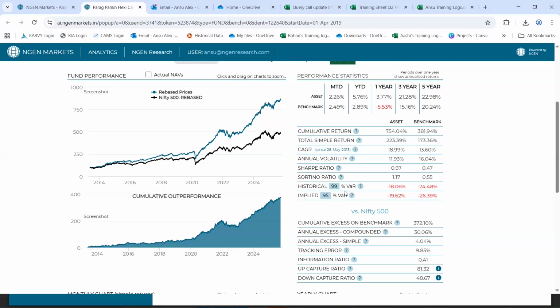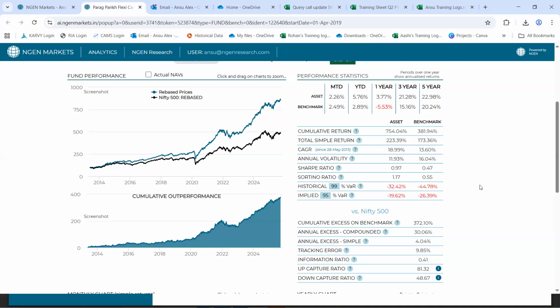However, in the fund section, this interval remains static at 95%. So we say that with a 99% confidence interval, there is a 1% probability that if history were to repeat itself, the fund would go down by a total of 32%, while the benchmark would go down by a total of 44%.